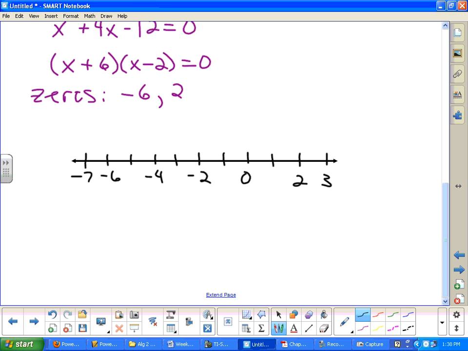So I need to make sure that I go one below and one above the numbers I have. So I need to go from negative 7 to positive 3. Okay. Now, on the number line,